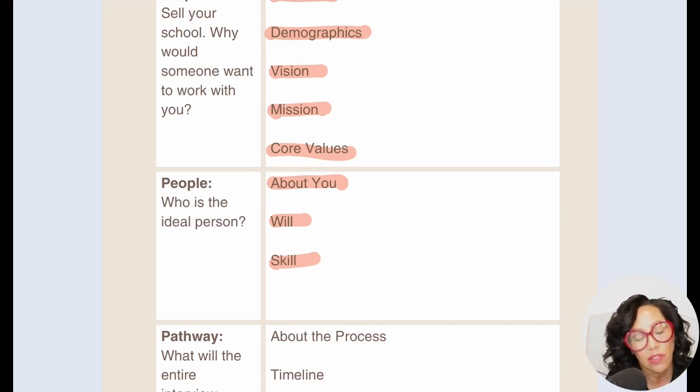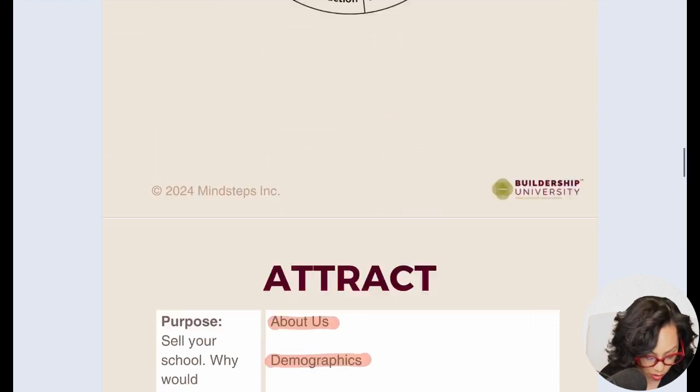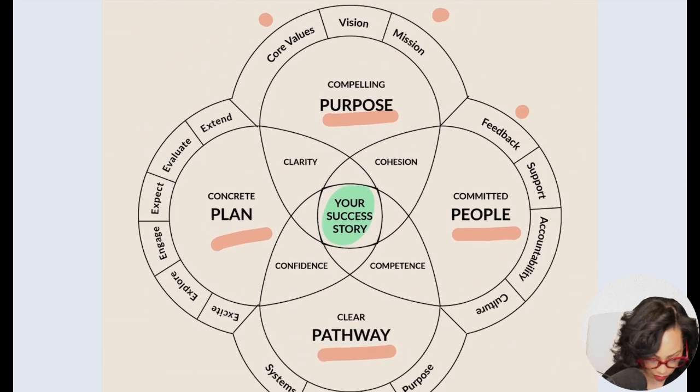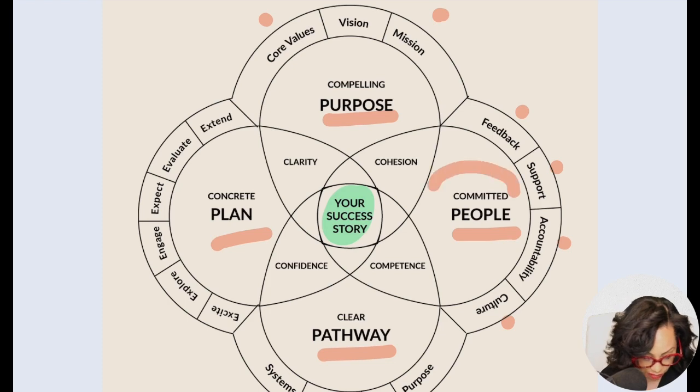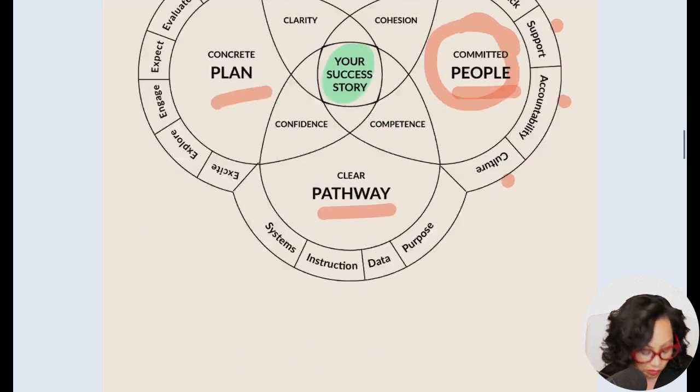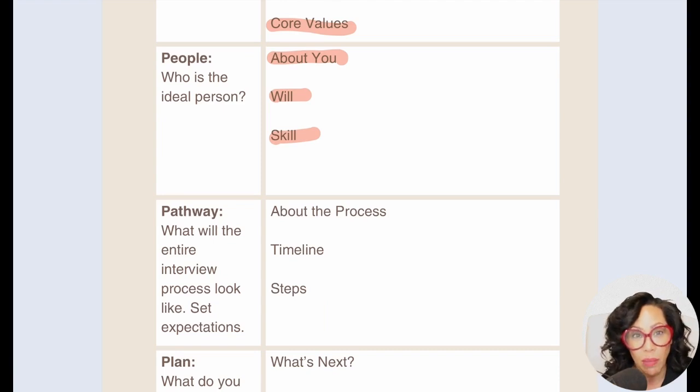And then the second thing you're going to do is describe the skills. Someone who is really good at giving teachers feedback. Someone who has experience designing professional development for teachers. Someone who is adept at being accountable and helping others be accountable to the work. Someone who is really good at building a strong culture. Now, again, where am I getting those things? Right here, the Buildership model: feedback, support, accountability, and culture. Those are the big skills that I need in order to help me achieve committed people on my staff. So those are the skills you're going to put in the job description.